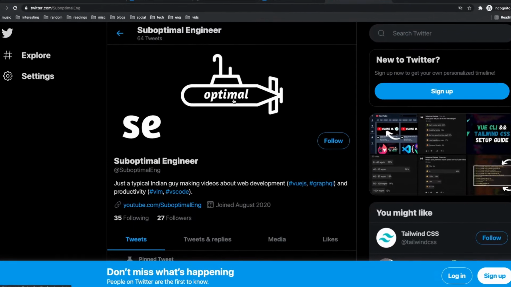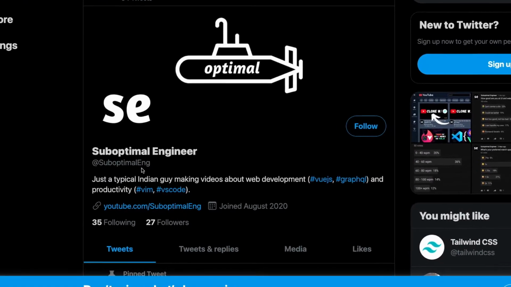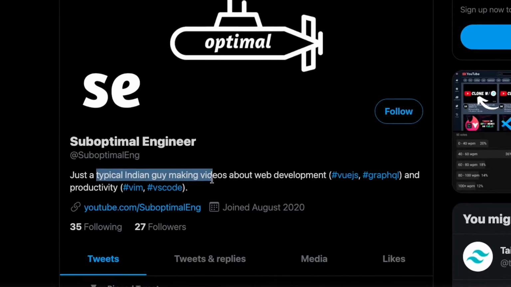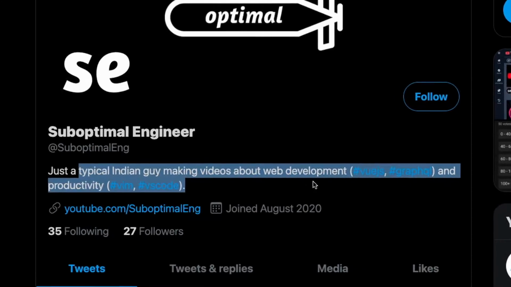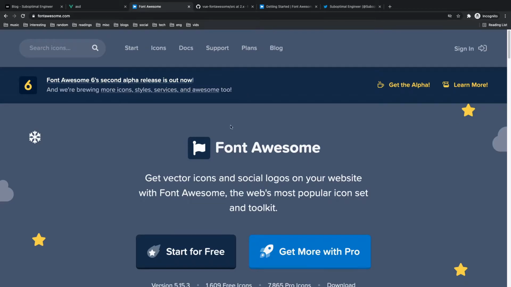Hello everyone, my name is Suboptimal Engineer, and I'm just a typical Indian guy that makes videos about web development and productivity. In this video, I'm going to go over how you can add Font Awesome icons into your Vue.js